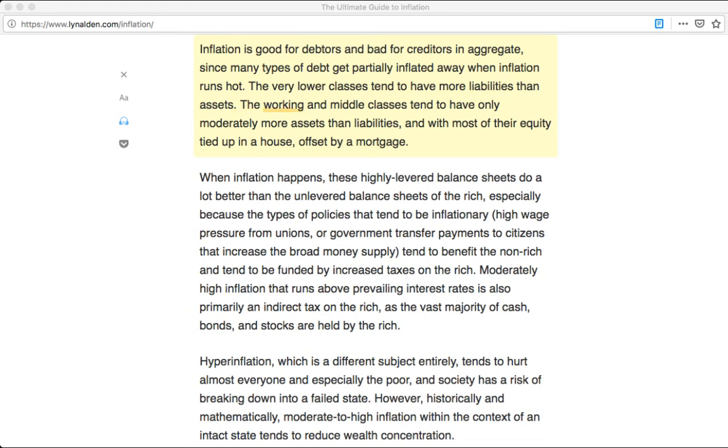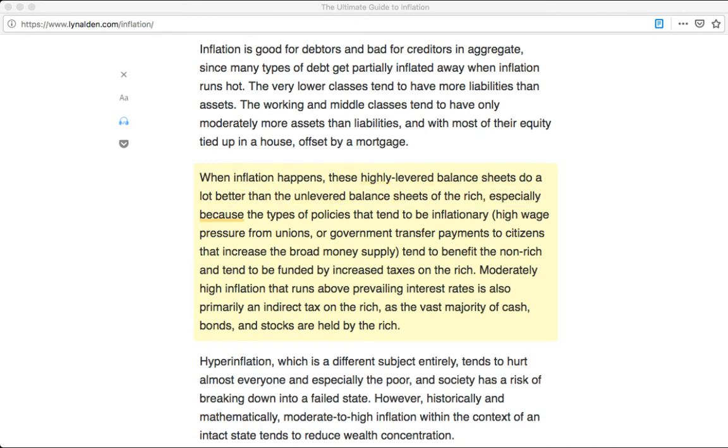The working and middle classes tend to have only moderately more assets than liabilities, and with most of their equity tied up in a house, offset by a mortgage. When inflation happens, these highly levered balance sheets do a lot better than the unlevered balance sheets of the rich,